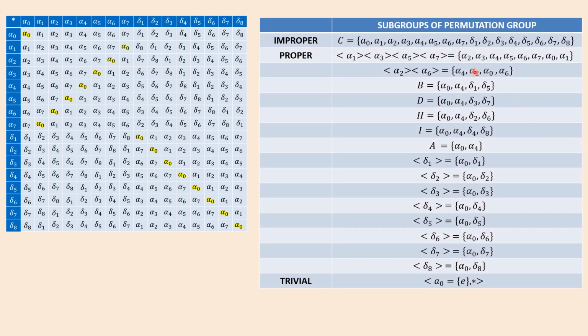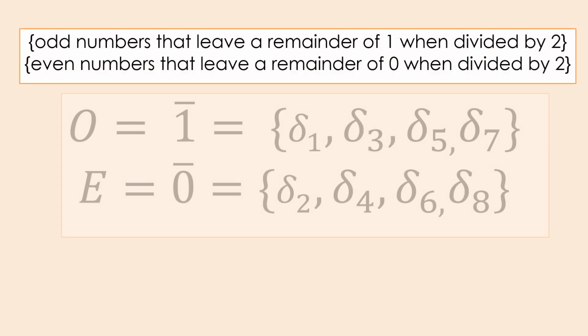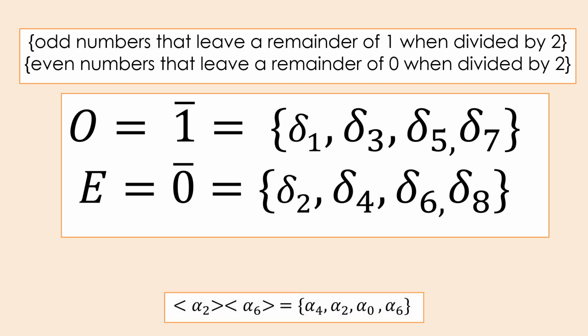So we have a total of 4 other subgroups that add to our subgroups of the permutation group. The question is, is that all we have? I discovered that we can add the first partitioning to another subgroup to form an order of 8 elements. So let's check if they form a group structure.